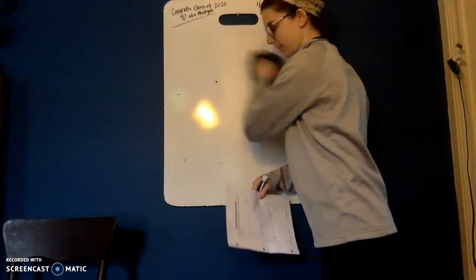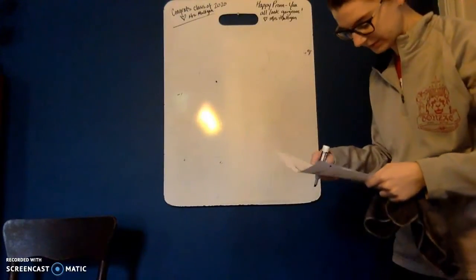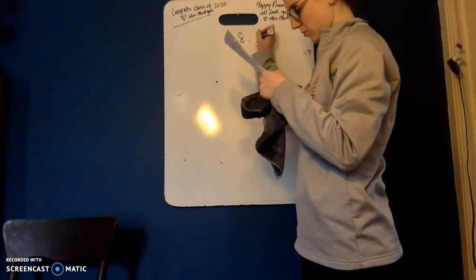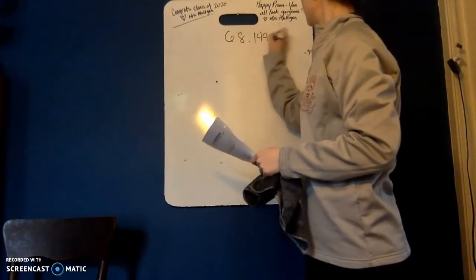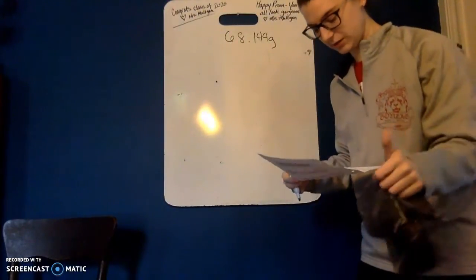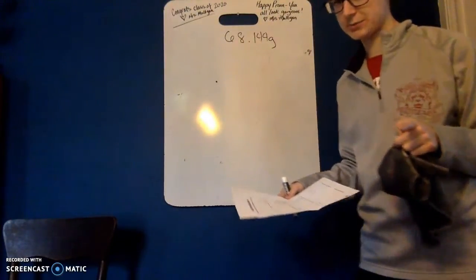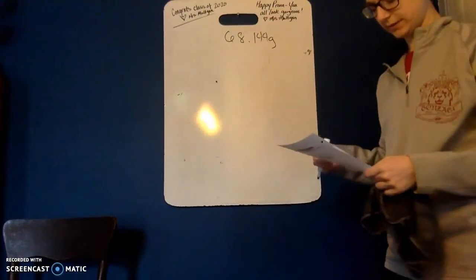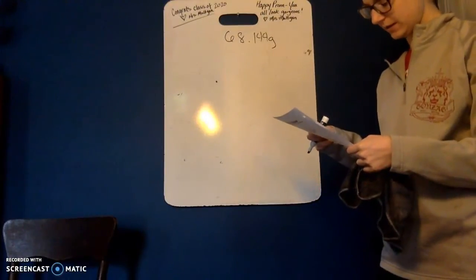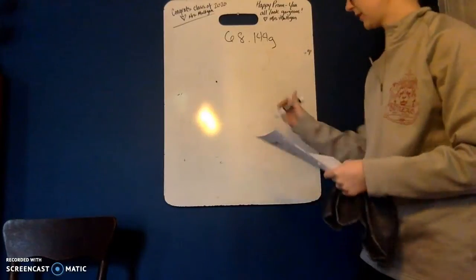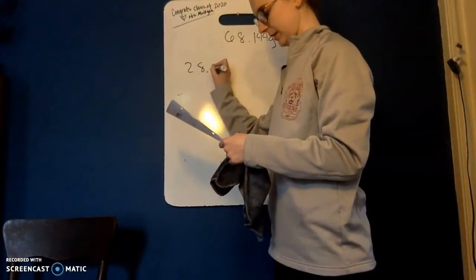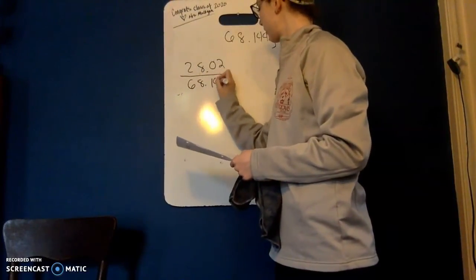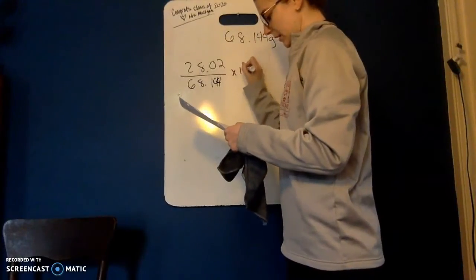Okay, number 3, we have ammonium sulfide. Its molar mass is 68.144 grams, and I got that by adding 2 nitrogens plus 8 hydrogens, because remember you have to apply that 2 outside the parentheses and multiply it by that 4, and 1 sulfur. So for the percent of nitrogen, I take the molar mass of 2 nitrogens, which is 28.02. Divided by the total mass, 68.144. Multiply by 100, and I get